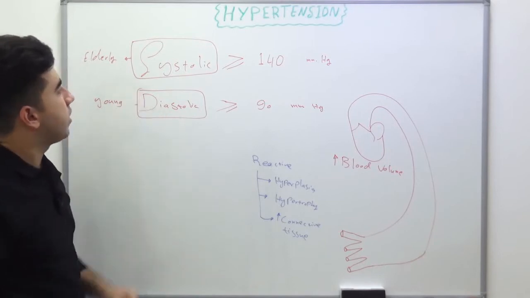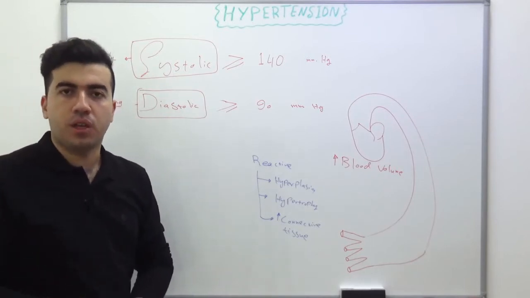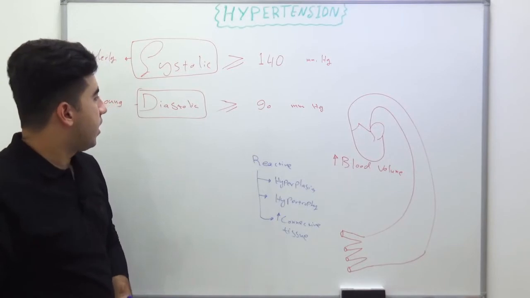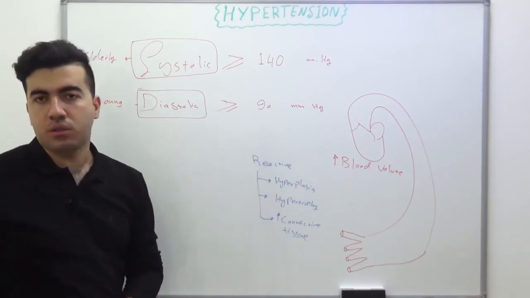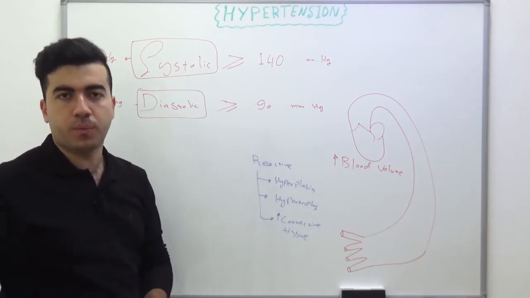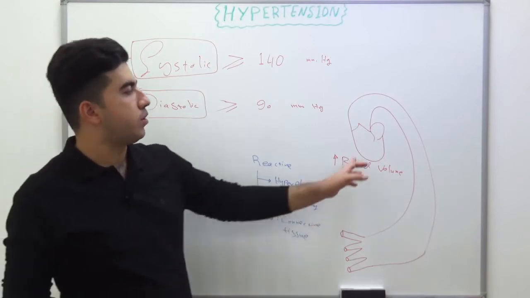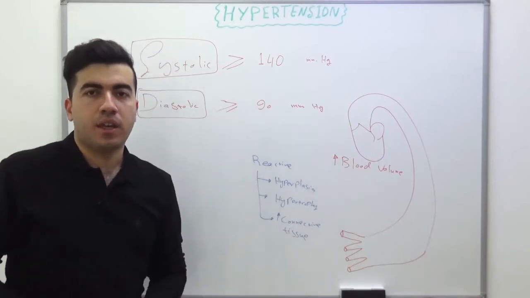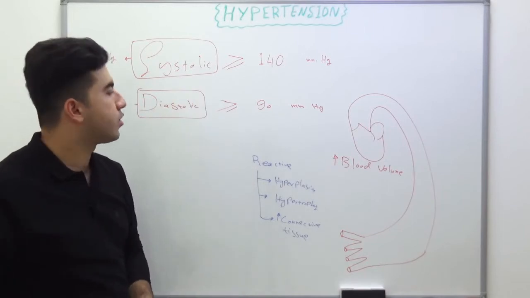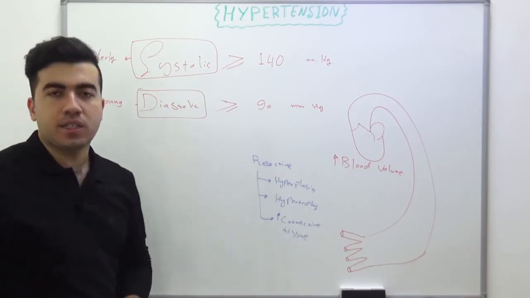Whenever someone develops systolic hypertension, the diastolic hypertension will also develop, and the patient will have both systolic and diastolic hypertension. And again, when someone first develops diastolic hypertension, the heart should pump more forcefully to be able to pump the blood into the aorta and the arterial side. Then the patient will also develop what? Systolic hypertension. Okay?